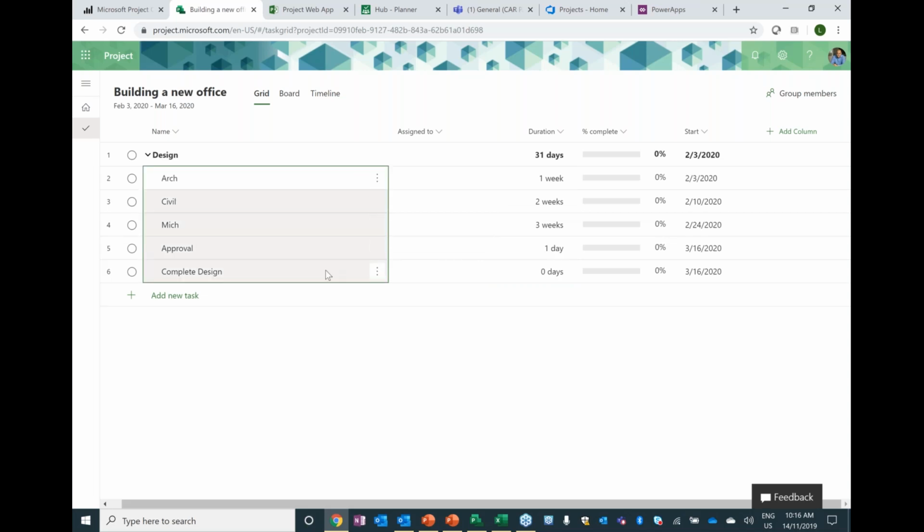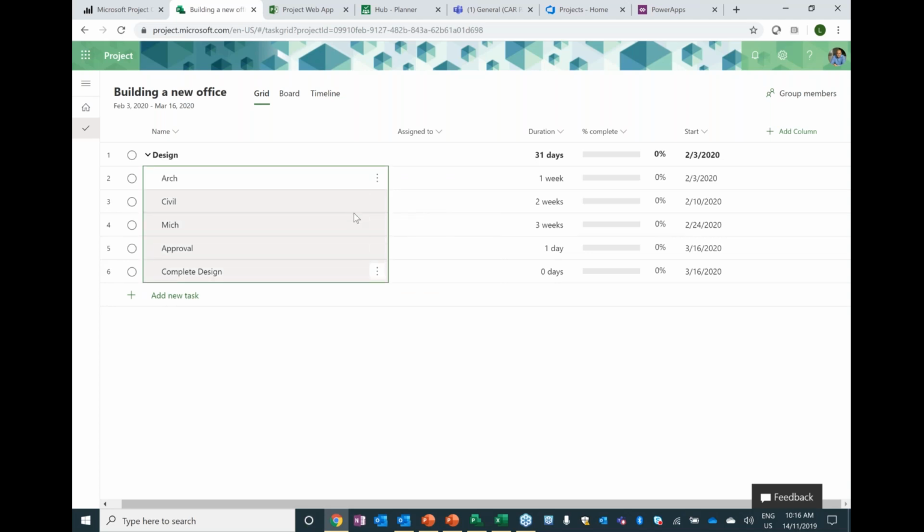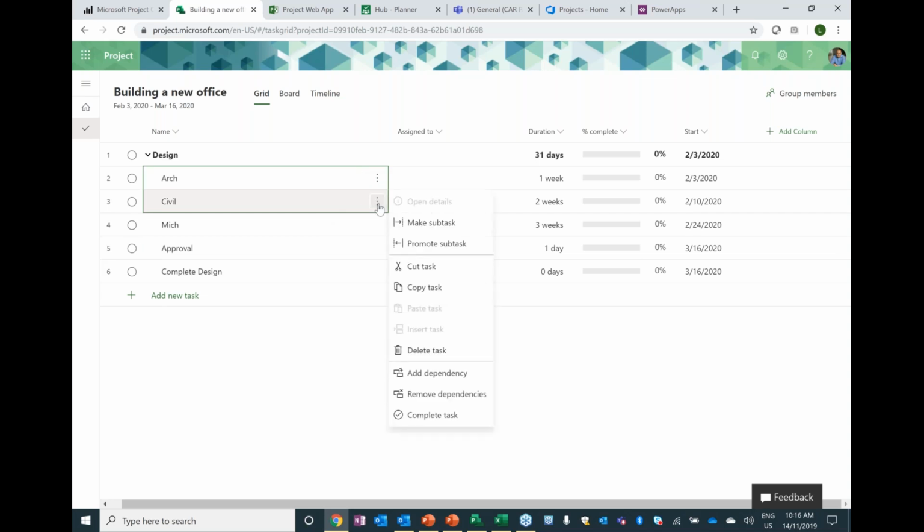Done. I don't know if I actually created the dependencies. As you can see, I'm obviously still learning as I'm going. The new project for the web. So let me do that to add dependency. Yeah, the dependencies are there. In fact, let me leave it without dependency, because you can create dependencies on the other kind of format, the